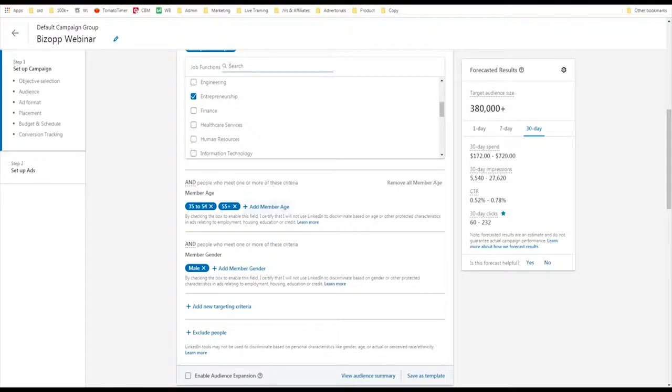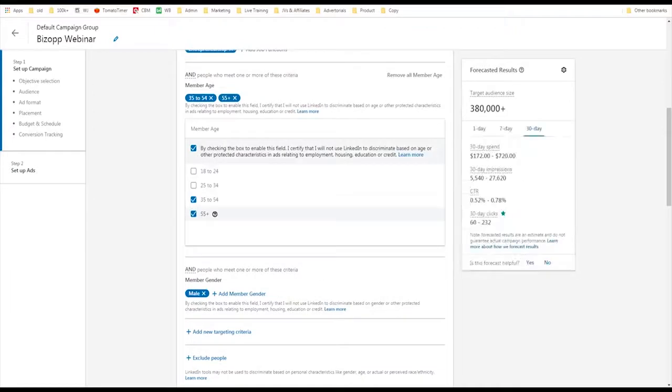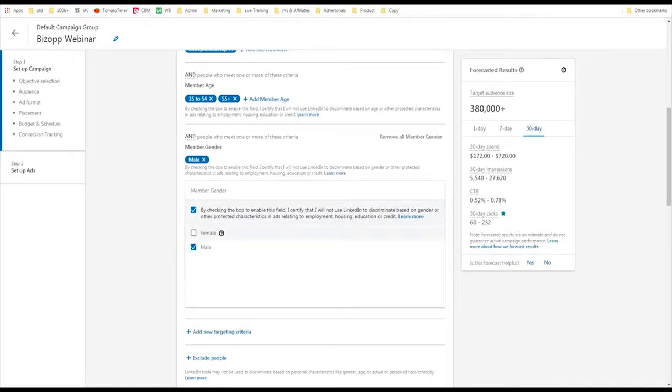Now then, we can also target people by age. So you can target people by age categories. You just click add member age, and whatever age your users are, that's great. You can target by gender. Again, you simply check the box and you'll see the target audience size will change based on what your targeting